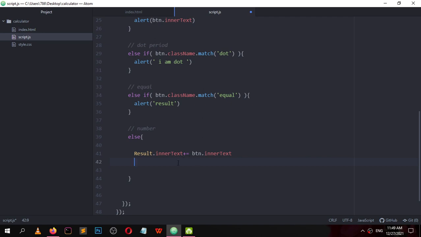Instead of result inner text plus equal this btn dot inner text, we can use current input plus equal this btn dot inner text, and we can update result dot inner text equal current input.